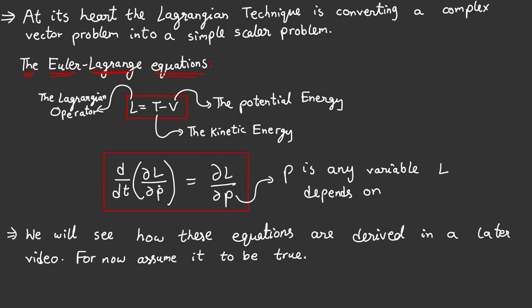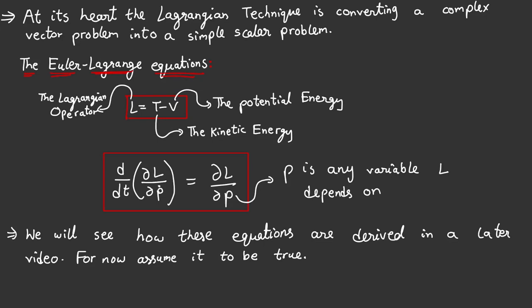So at its heart, the Lagrange method is essentially converting a vector problem into a simple scalar problem. Say you have your traditional NLM problem where you'll have to be drawing some FBDs, taking net force, net torque, talk about different points, ICR. So many times it's easy to solve, but most of the times it gets tricky and challenging. This is where Lagrangian mechanics steps in, because instead of forces, here we analyze energies. So let's see how it's done.